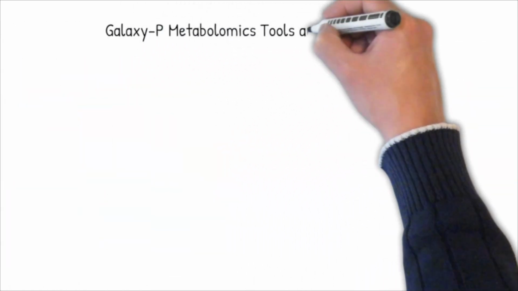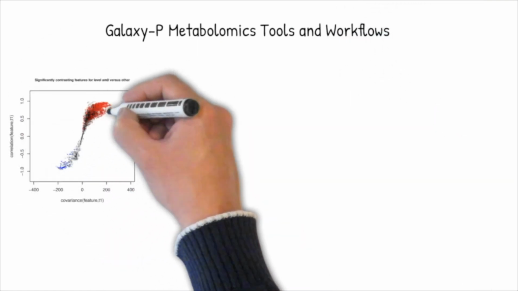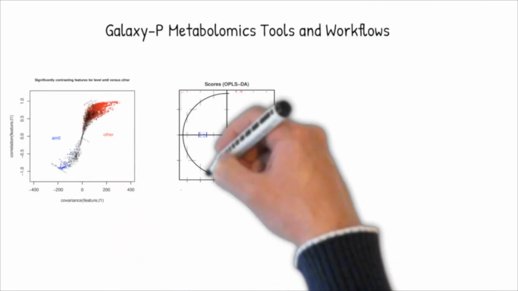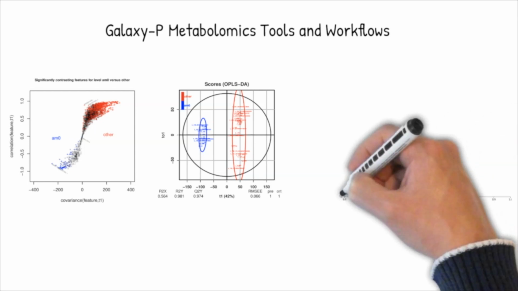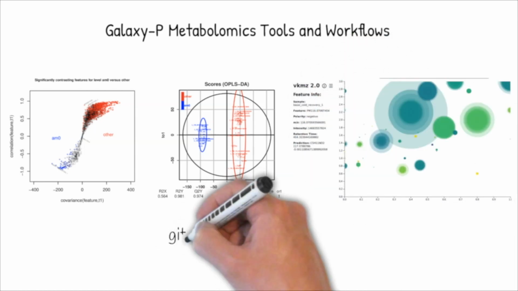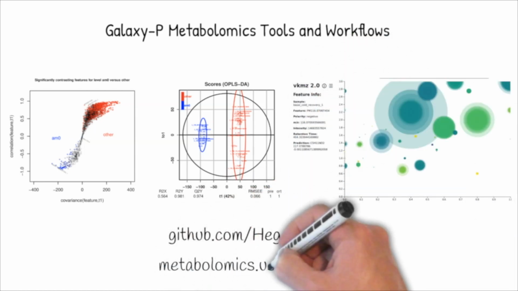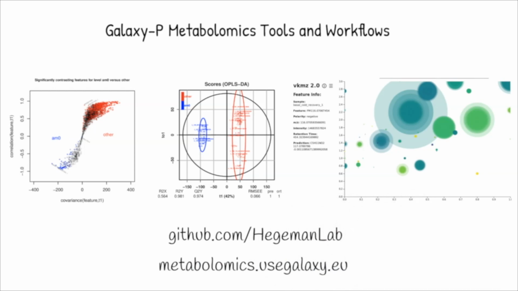Our metabolomics focus is on developing tools and data processing workflows in Galaxy, which quantify and determine metabolites of highest interest within a specific sample. Our metabolomics software development can be followed on the Hegman Labs GitHub page, and much like proteomics.usegalaxy.eu shown earlier, we are working on making these tools available on accessible resources such as